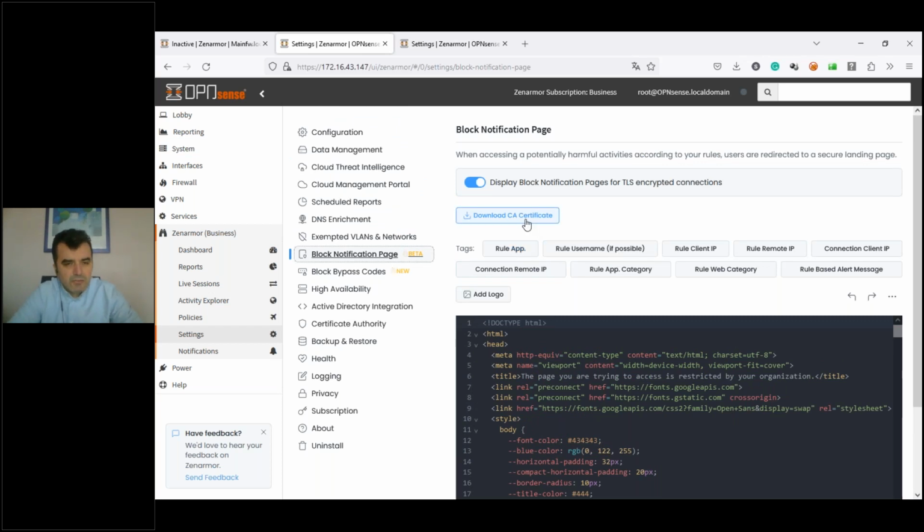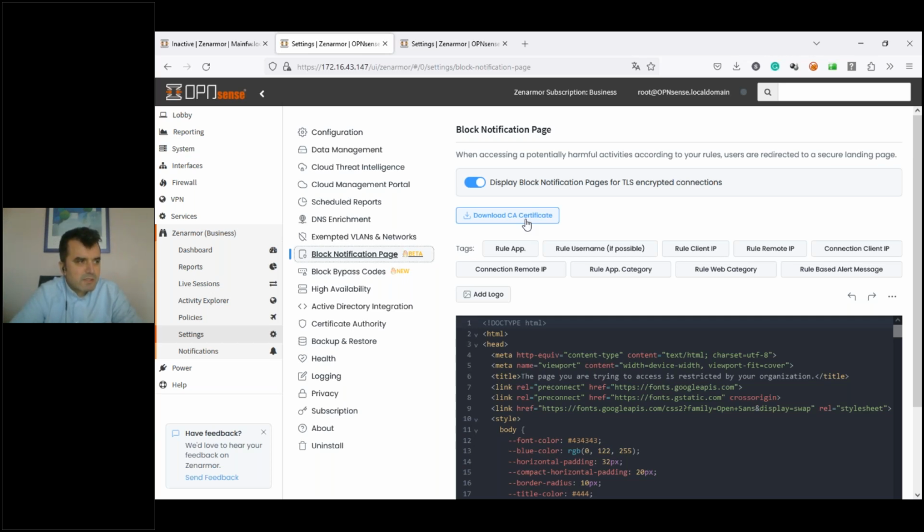Download CA certificate lets you download the self-signed certificate and upload it to the clients' browsers as a trusted certificate. And I need to say there is a known issue with this now.